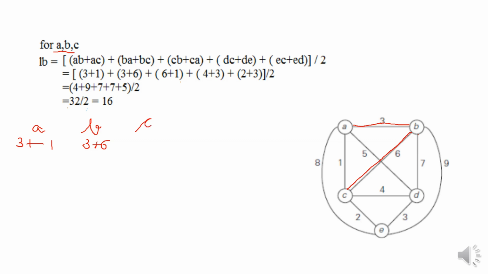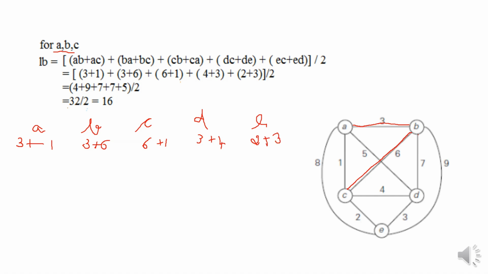Next, coming to vertex C. For vertex C, this edge BC should be there. So I have one weight as 6, and the other one I used to take the least 2, right? So I take the least, that is 1. Next, coming to the vertex D, I follow the same principle. The least 2 edges, that is 3 plus 4. And for vertex E, I take the least 2 edges, that is 2 and 3. This I have shown here.